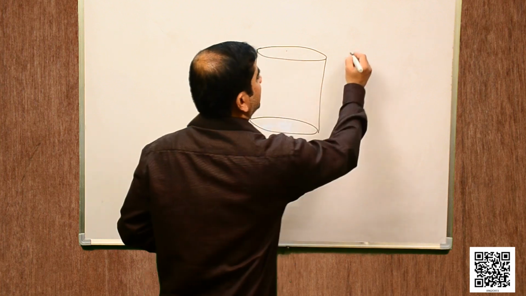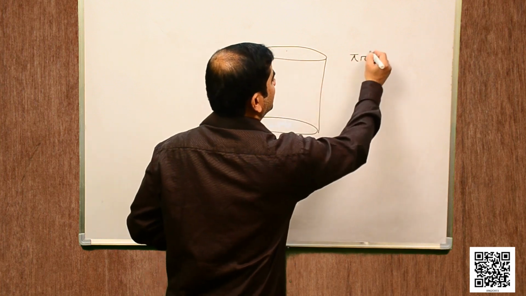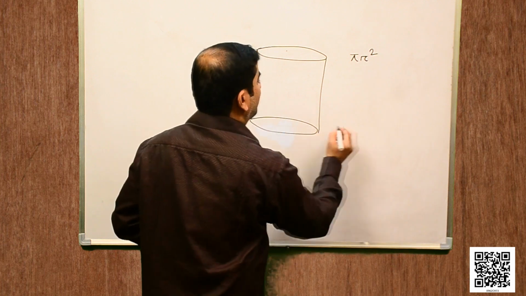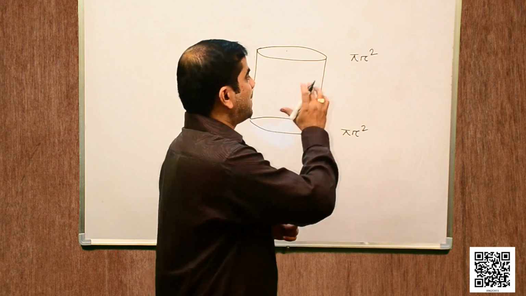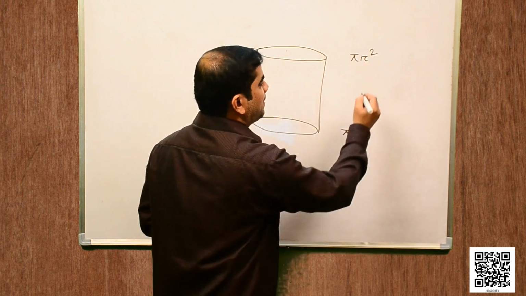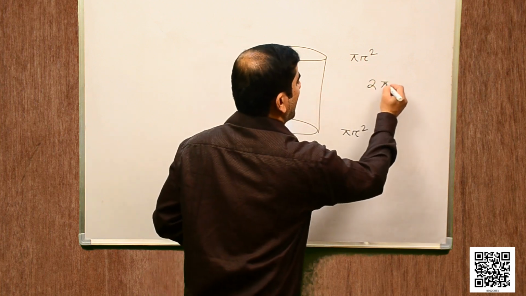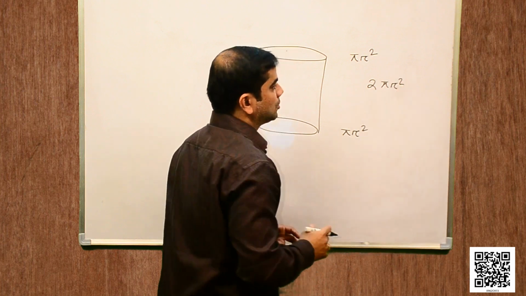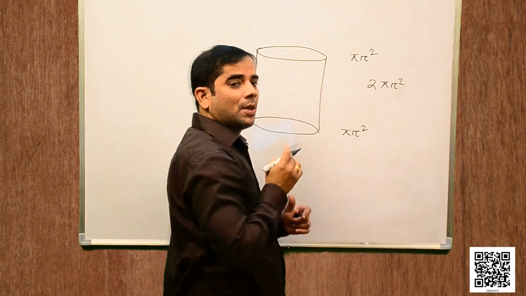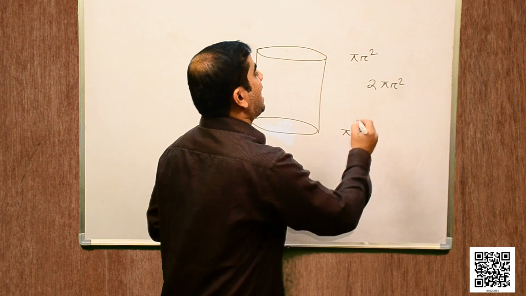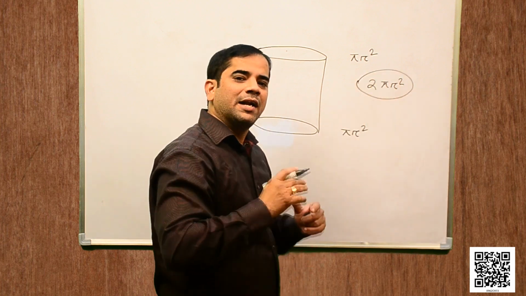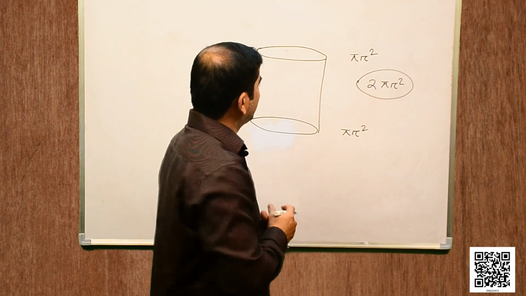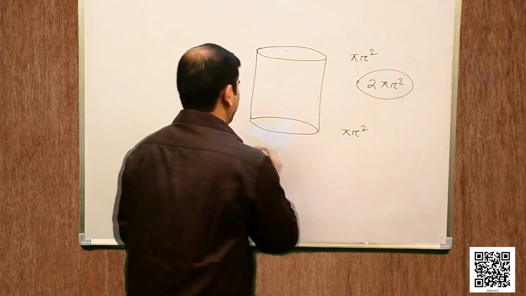So the area of the circle is pi r square and the bottom is also pi r square, because we know the area of a circle is pi r square. If we sum up, it gives us 2 pi r square. So if the top and the bottom are to be covered, they will acquire an area of 2 pi r square. That means the total surface area